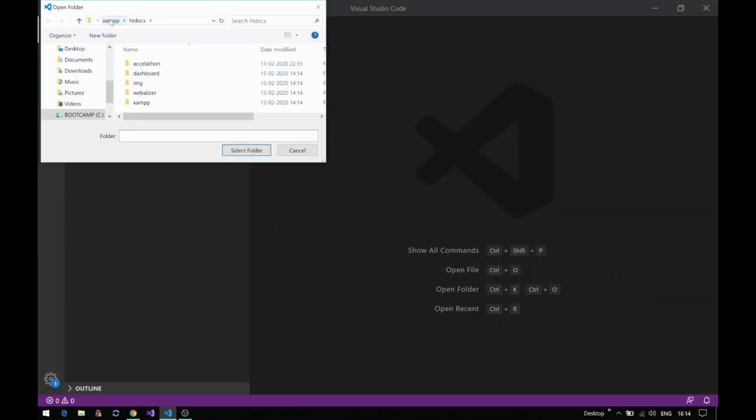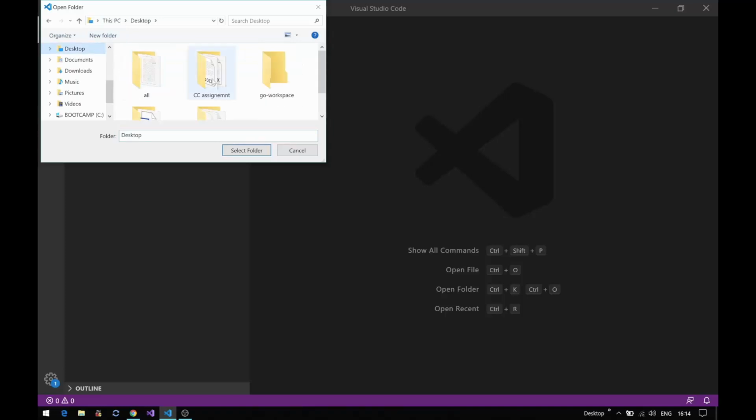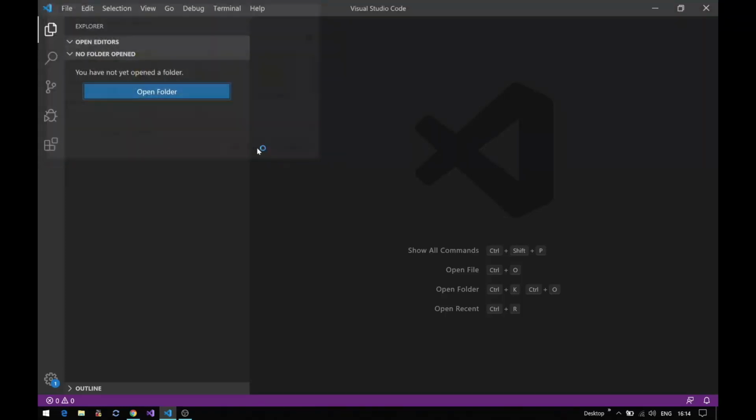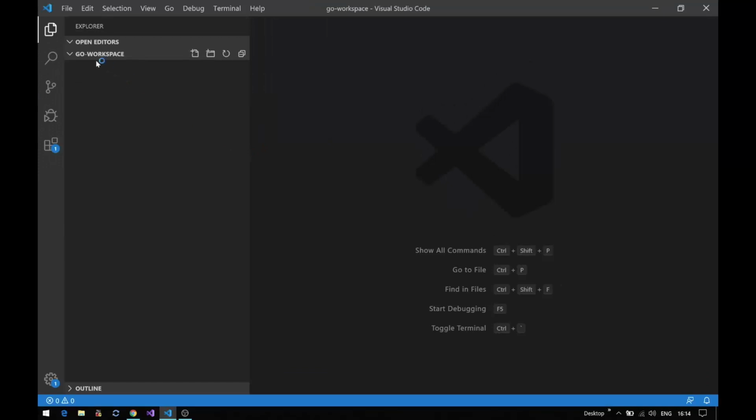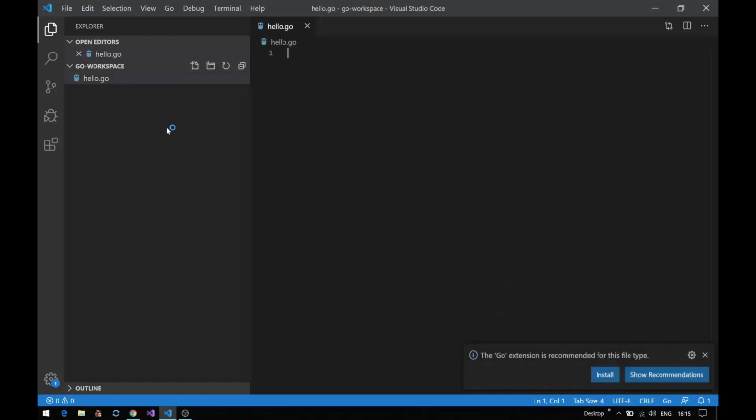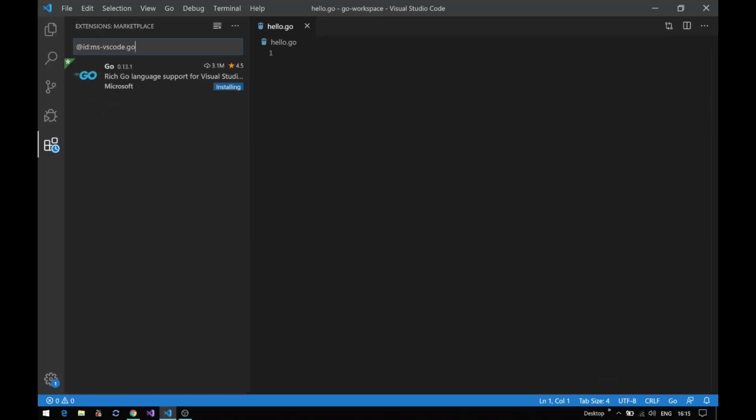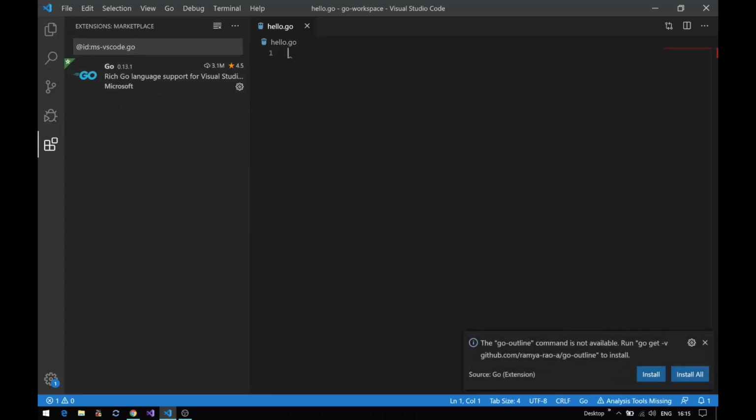So you need to install VS Code and select now the folder, it is Go minus workspace. You can see here it is opened. Just click on that, and in the first icon, that is new file, click on that and give the name of file as hello.go. This will be the Go file, and you can see in the bottom right corner the recommendation for installing the Go extension. Just click on that and it will install. And we got another one, Go to Outline, which is the Go tool. So click on Install All.